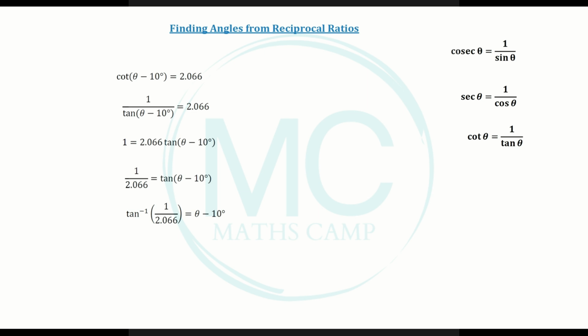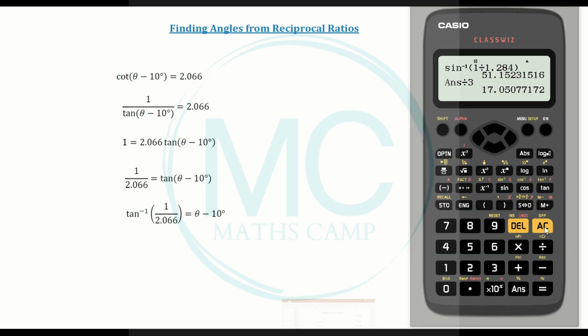Our next step is to find the value of tan to the negative 1 multiplied by this fraction. Let's take our calculator and we can say shift tan 1 divided by 2,066, close the bracket, is equal to